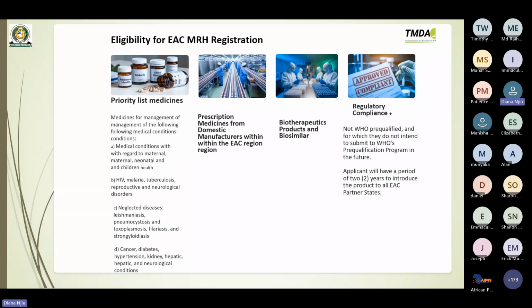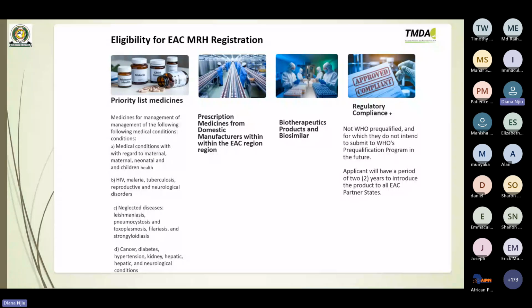But most of all, what is really encouraged is regulatory compliance, in addition to manufacturing compliance. So the companies must adhere to the regulatory standards set forth by local authorities and relevant health agencies within their states to ensure that the products meet the relevant safety and quality requirements before entering the market. Compliance with regulatory guidelines is essential in ensuring the protection of public health and maintaining trust in the pharmaceutical industry.